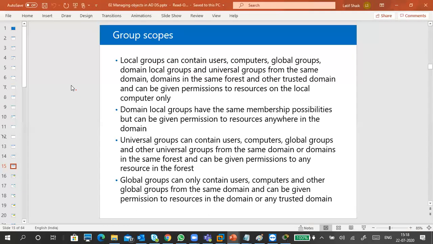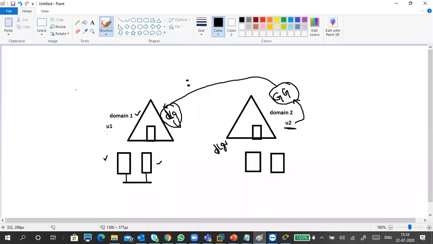Actually, domain local groups cannot be a member of any other groups. Okay, so here is a condition. This is DLG. DLG can be a member of any other DLG, domain local group. Global group can be a member of domain local group.